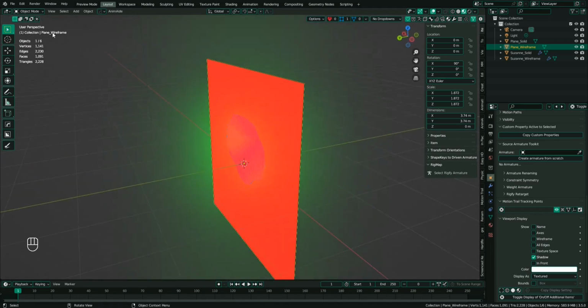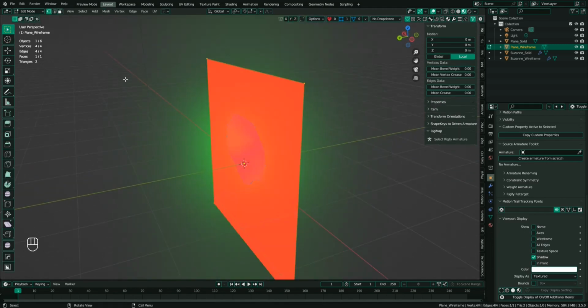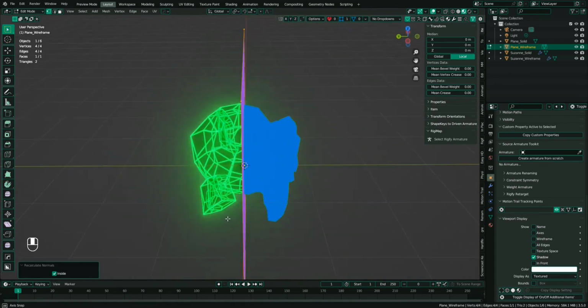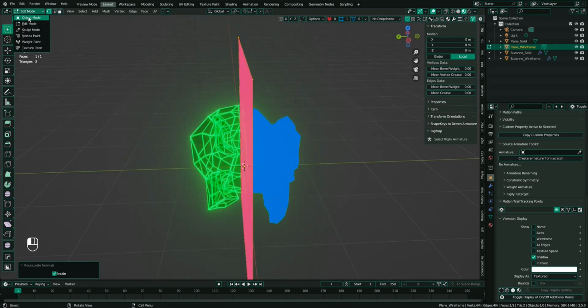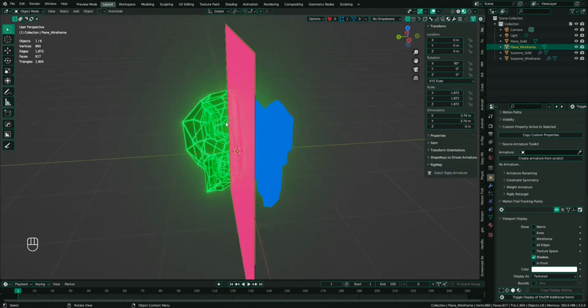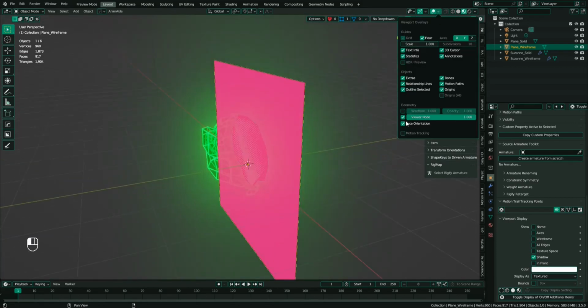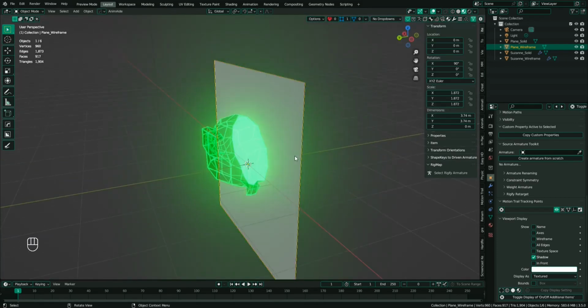So what are we going to do to solve this? We are going to go to edit mode, hit Shift N to recalculate the normals, and check inside to flip the normals. As you can see, now it appears to flip the normals like that. And we're going to go back to object mode. Let's turn off the face orientation. Let's change the display to wire,